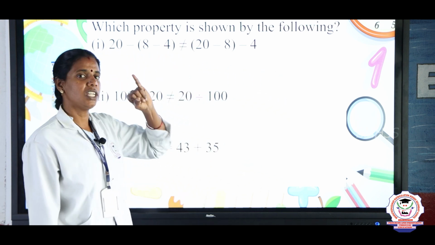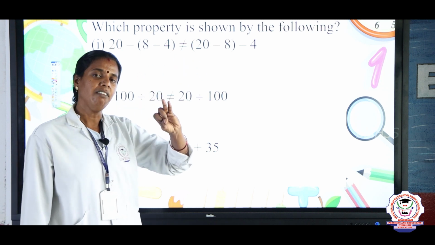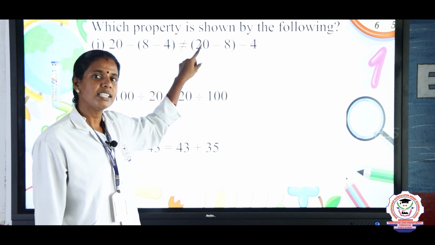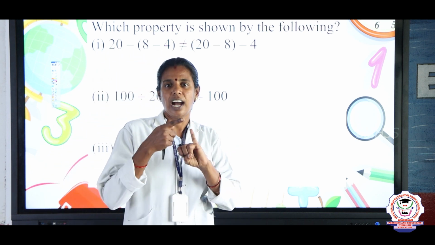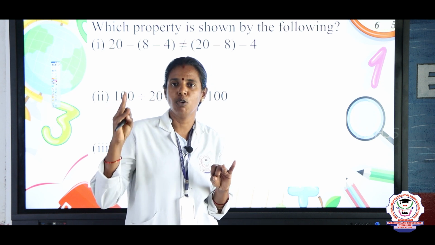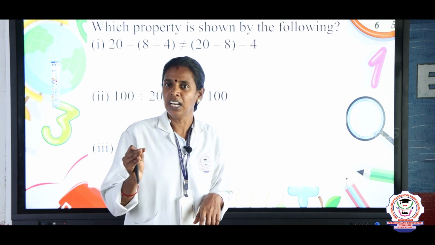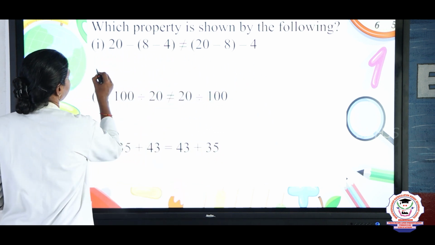Here the operation is subtraction, and whether it satisfies associative property or not. Subtraction will not satisfy, right? We have seen that only addition and multiplication will satisfy all three properties: closure, commutative and associative. Here subtraction is